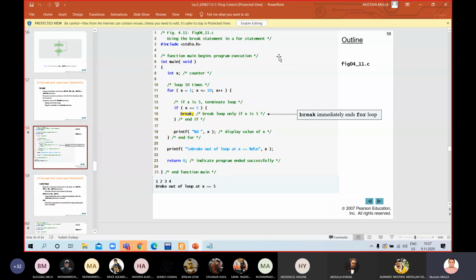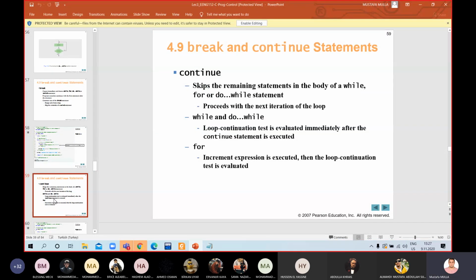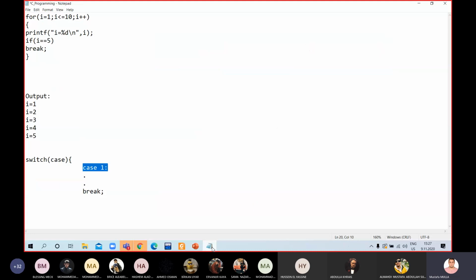Okay, we did this example. When x is 5, break, so exit from the loop. There is another one, like break: continue. So what does continue do? It skips the remaining statements in the body of a while, for or do while statement. So it will skip the iteration. So if you write here continue instead of break,